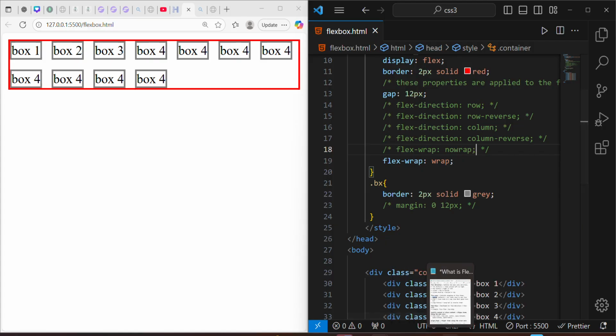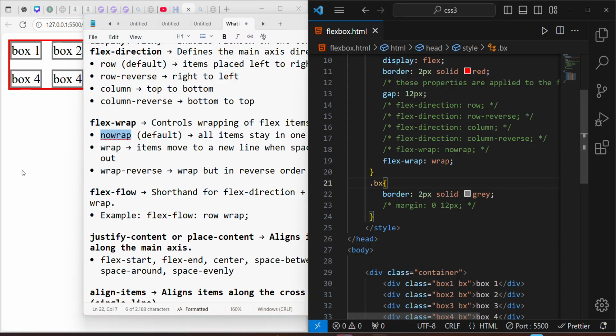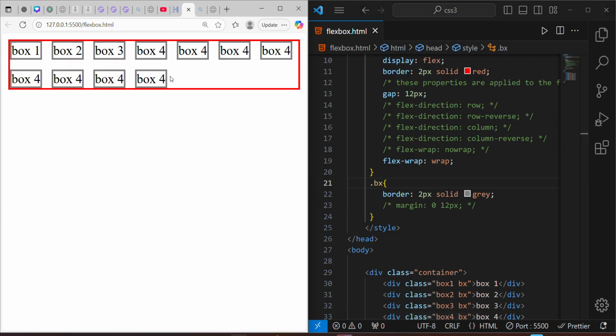All right, let's move to the next property that we have. The next property we have is wrap reverse. Wrap reverse, wrap but in a reversed order. So this thing is wrapped, but we can also reverse how it is wrapped. How do we do that? We can say